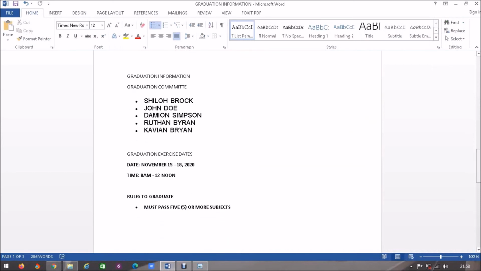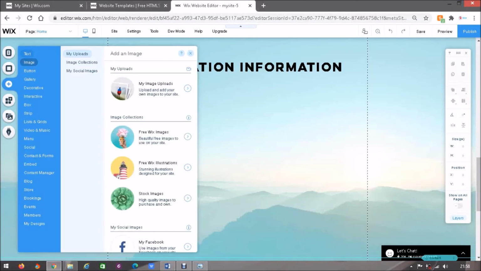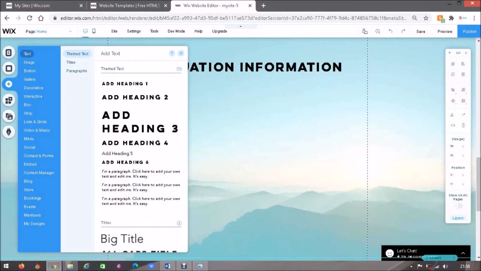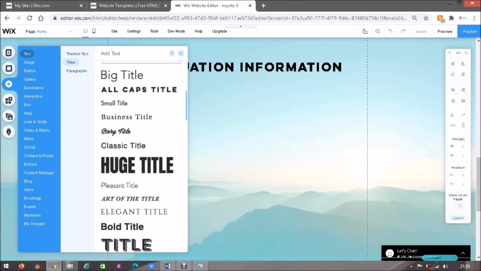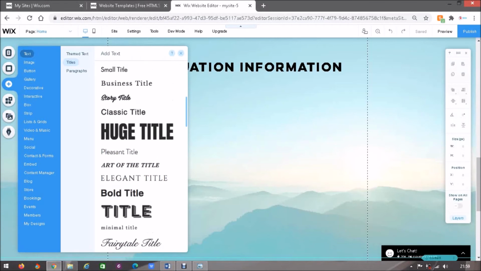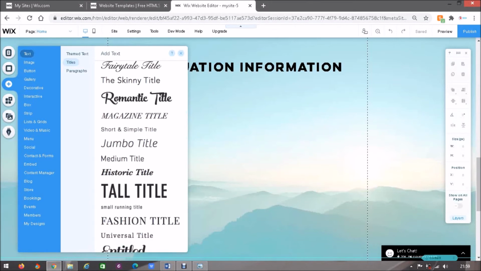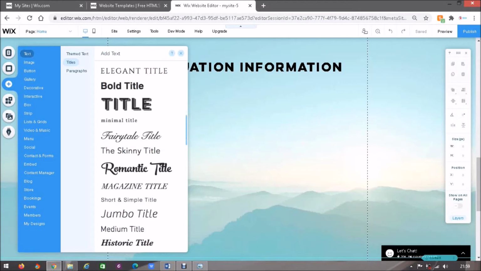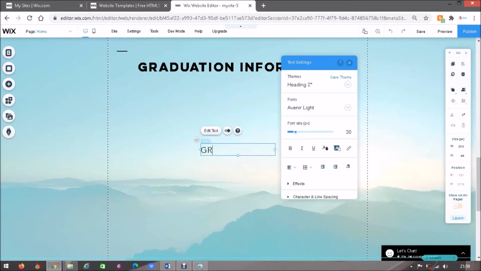So right here it's graduation information, graduation committee. I'm going to add a text that says graduation committee. We go right here, to the list of options on the left. It's a text. You click on text, and then you choose the different size heading that you desire, or you may go below and see different font styles of what you want. I'm going to choose a subheading, so you don't need something too big. I'm going to choose that one. Graduation